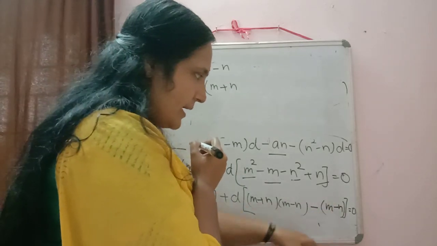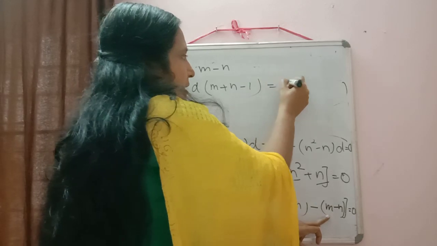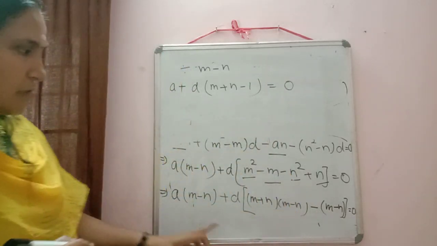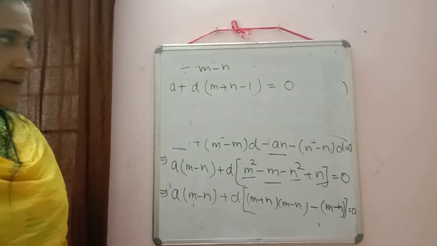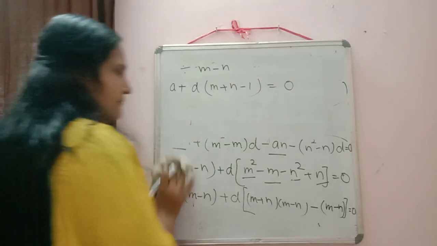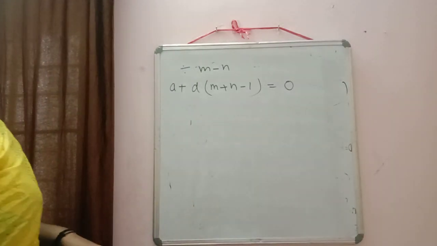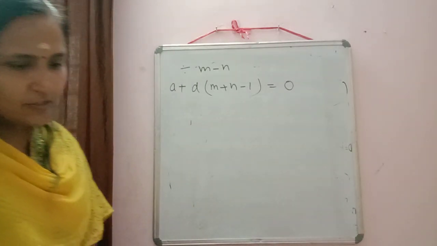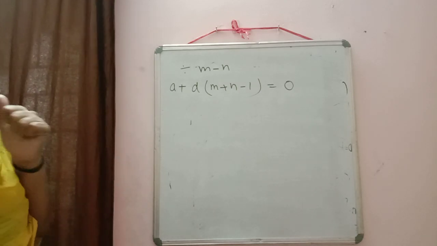And here also m minus n will get cancelled, remaining it will be equal to 1, equal to 0 we got. What we did, we divided it by m minus n. So using the information which is given in the question, we reached till here. Now we will check what we have to prove. Show that the m plus nth term of the AP is 0.